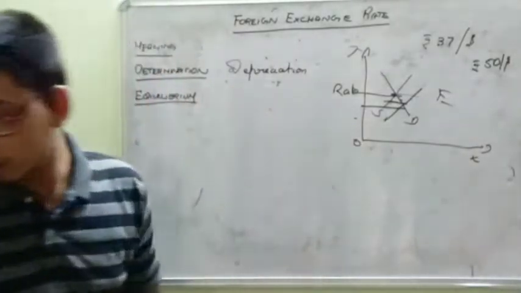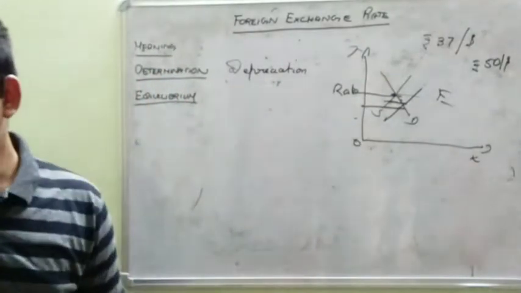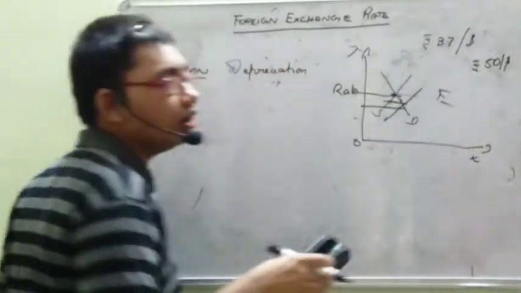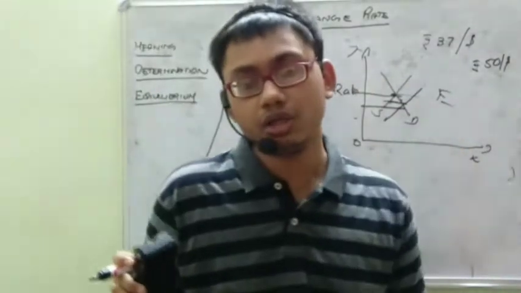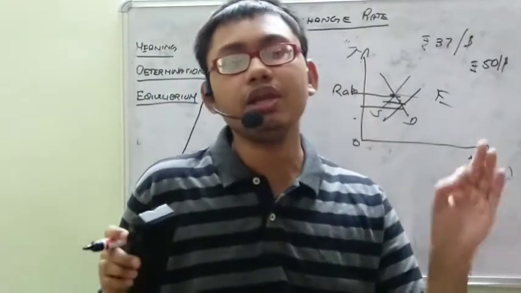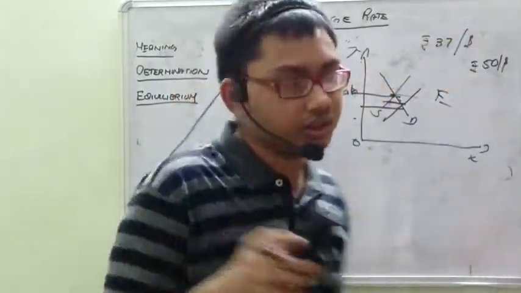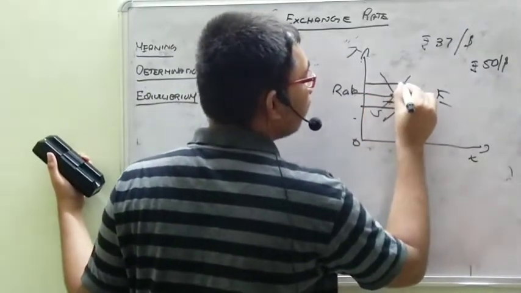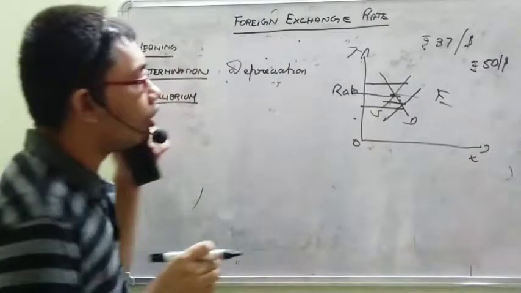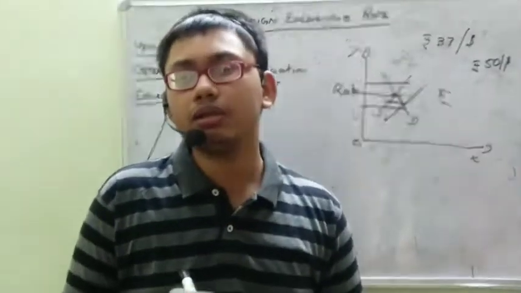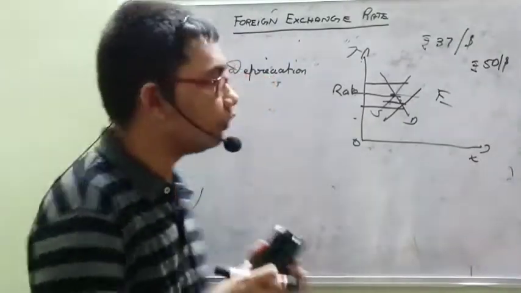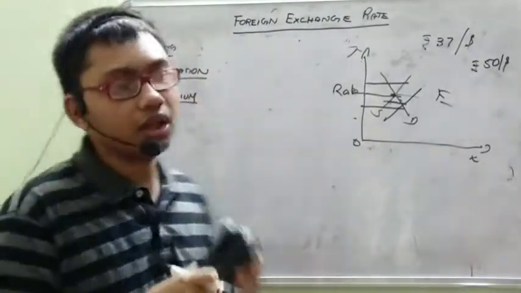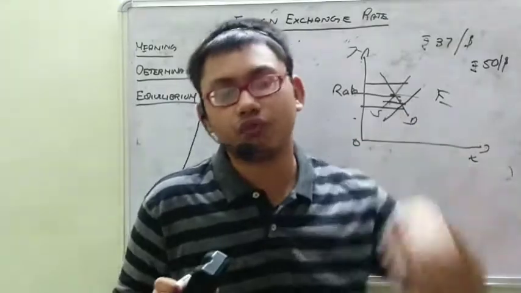The price of dollar is increasing, which means depreciation is there in two forms. If the price of dollar is increasing, then it is called depreciation, because I am taking it with respect to India. With respect to India, if the price of foreign currency is increasing, like if the government decides to fix the dollar price here or the floating rate goes here, then the price of dollar is increasing. Don't confuse, okay? Here the price of dollar is increasing and the value of rupee is falling.